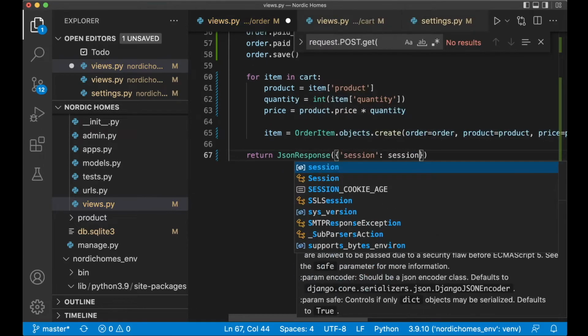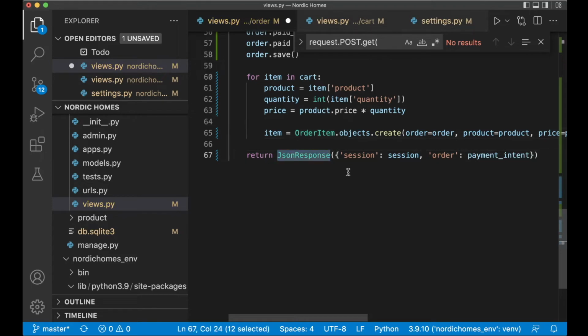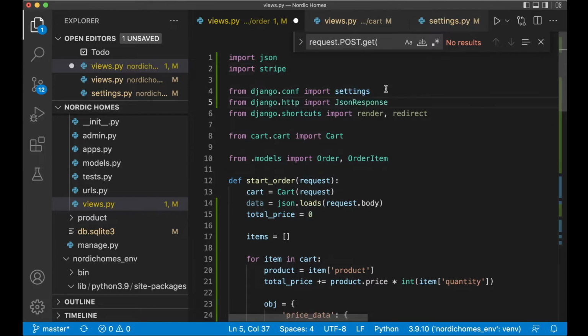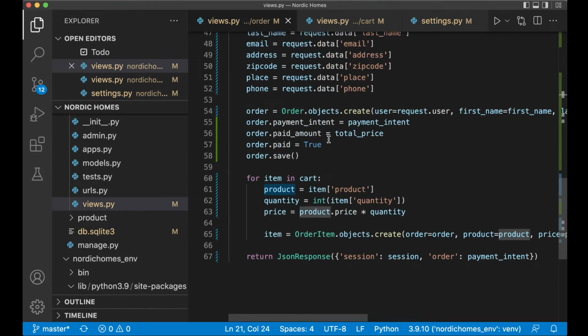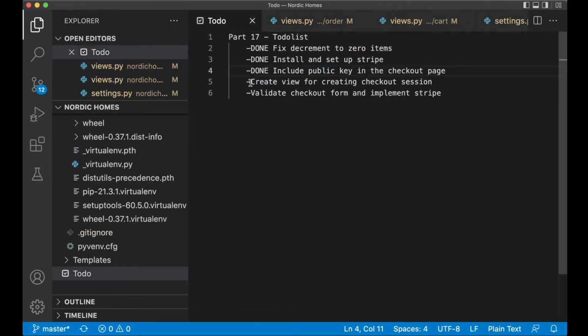session and order, sorry, this should be payment intent. So this will need to be imported first. Okay, I have already done it here, I see. Like that, from django.http import JsonResponse. So when we call this function, this will be returned and we can talk to Stripe and get the payment from there. So now this should be done, and I can go to the to-do list and set this to